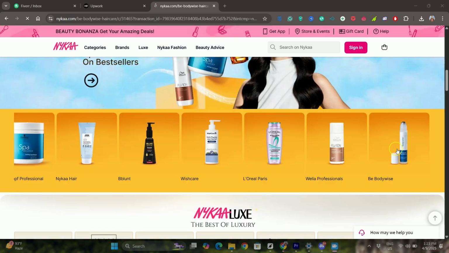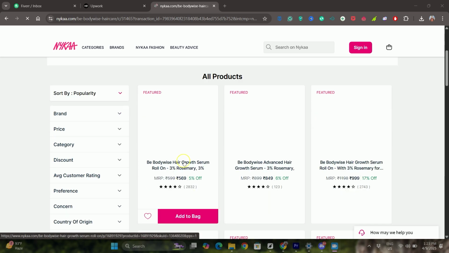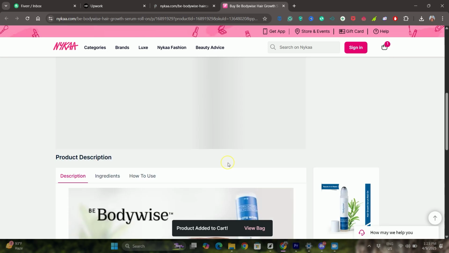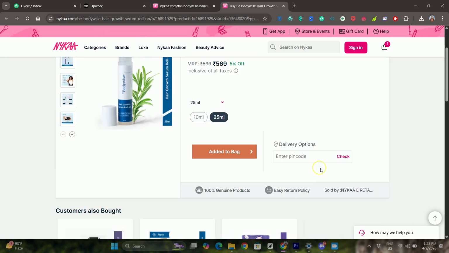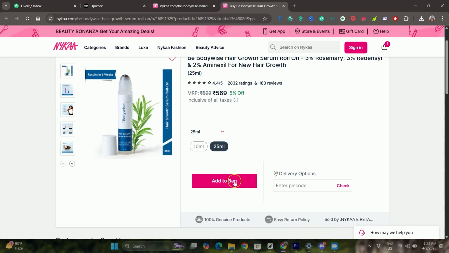So basically you need to add a product and then check out. And you also need to just sign in. I'm not going to sign in for this demonstration. I'm just going to put a random product into my cart. So I'm going to click on this product here, click on add, and now basically just click on this proceed